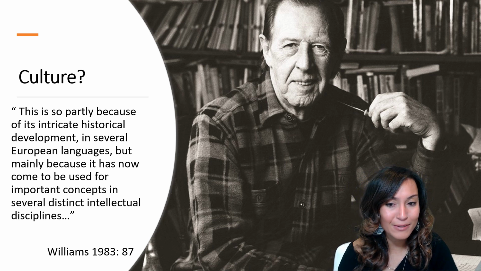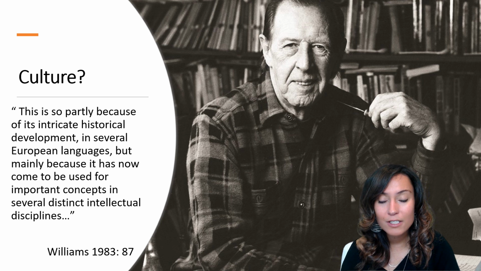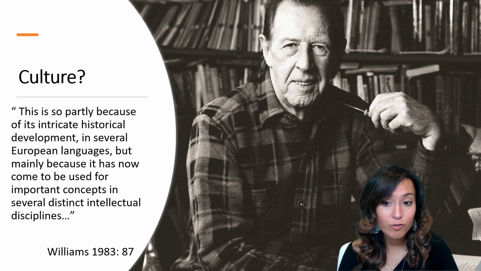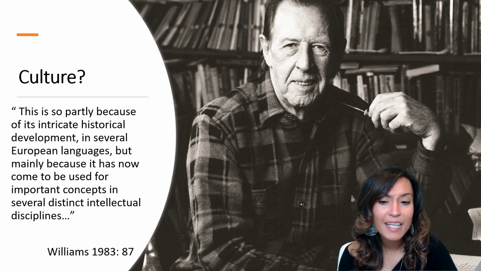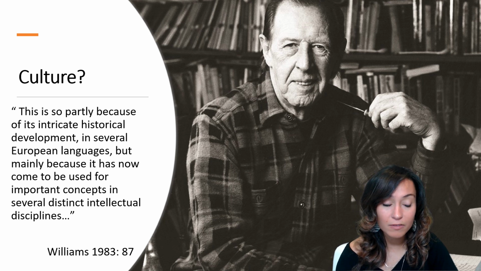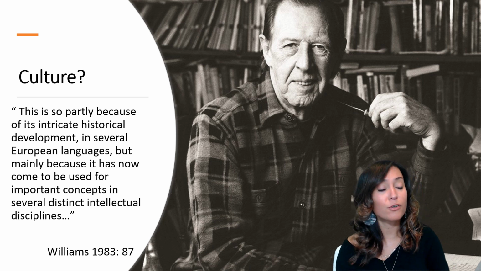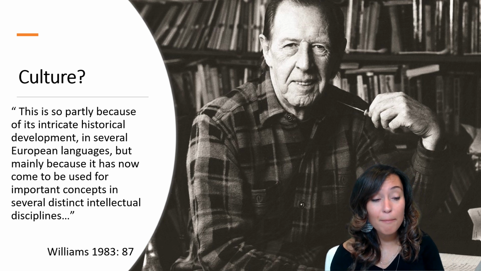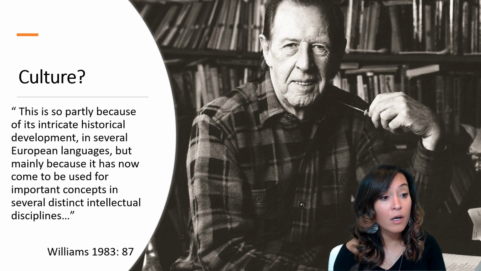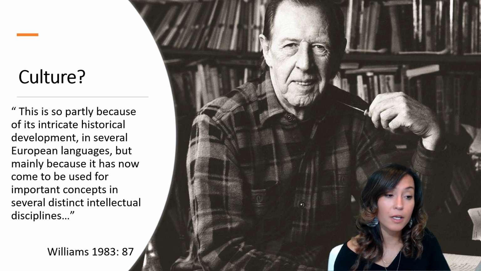According to Raymond Williams, culture in its earliest uses was a noun to describe the tending of crops or animals. So, agriculture, right? This is where the word comes from. But starting in the 18th century, the idea of cultivation was transferred to humans, and we see the birth of what was considered the cultivated person. This idea of the cultivated person was closely tied to ideas about civilization and was often associated with great works of art, literature, music, and architecture.